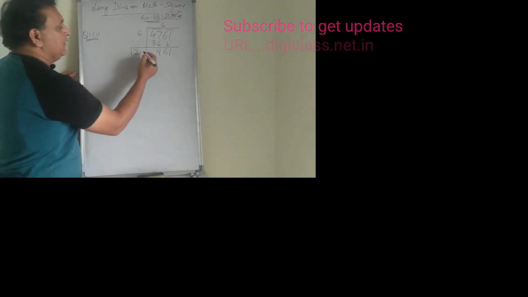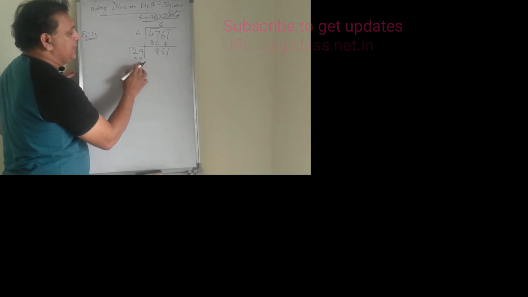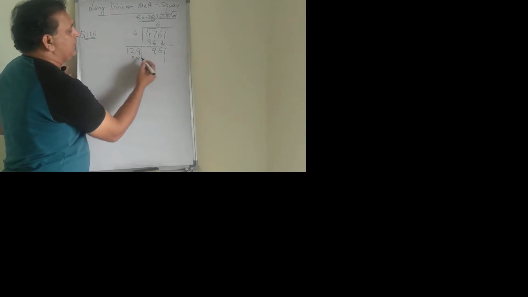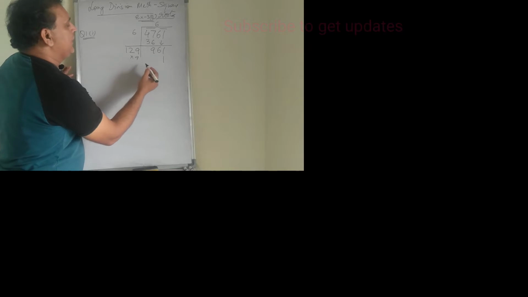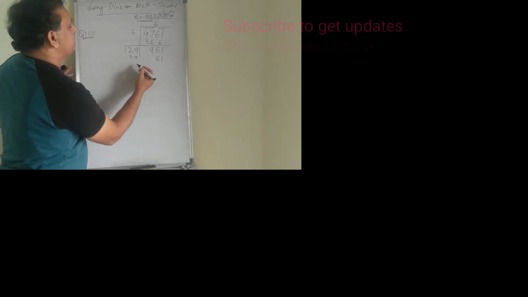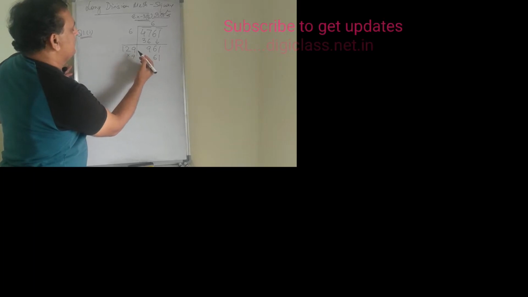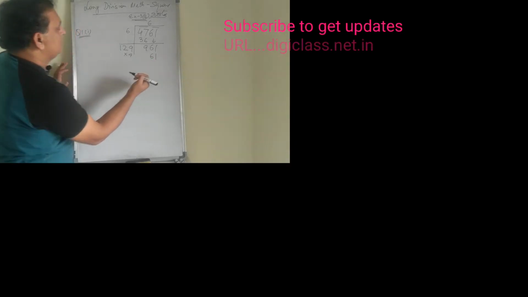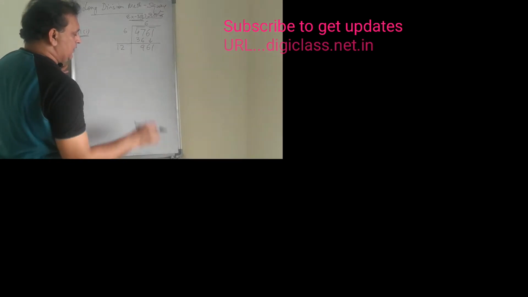Let me check. If I write 9 here, this has to be multiplied by 9. You don't have to write this, I'm just writing it as an example. 9 9s are 81, 8, and 9 2s are 18 plus 8, 26. 9 1s are 9. No, there's a mistake there. So 9 is not possible because it will exceed.